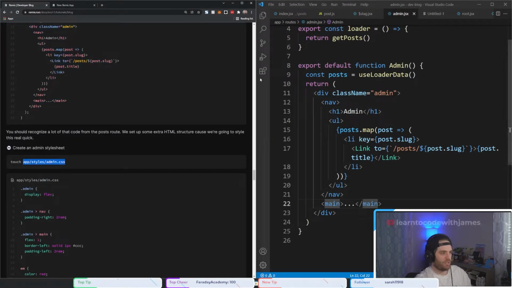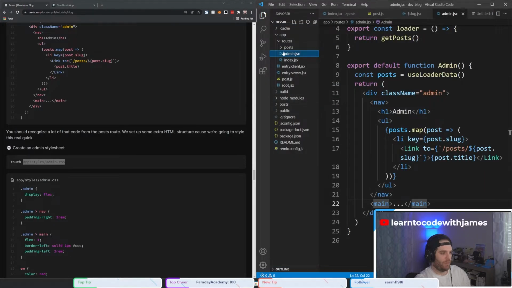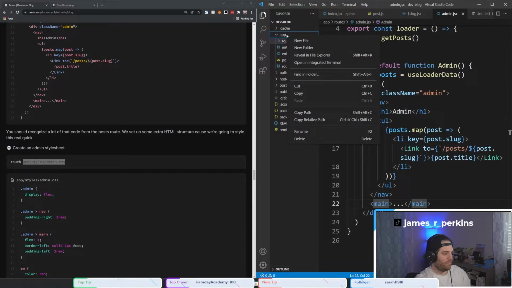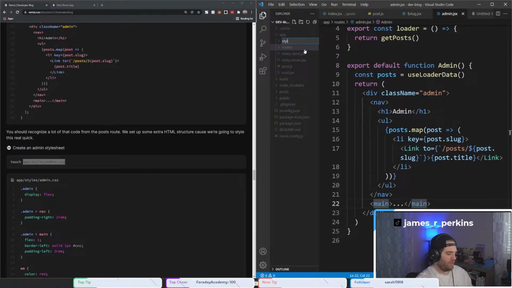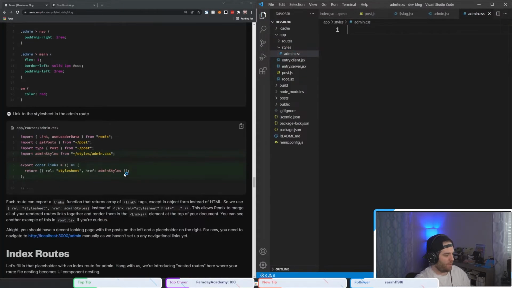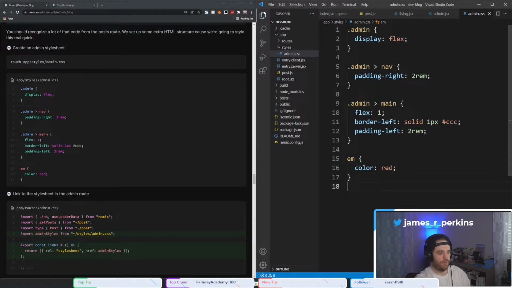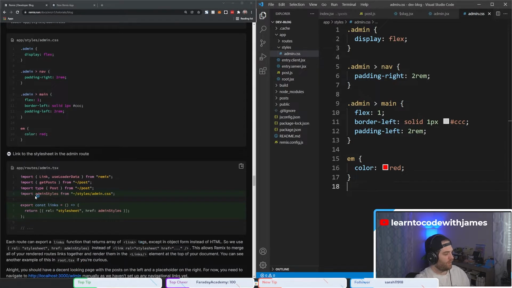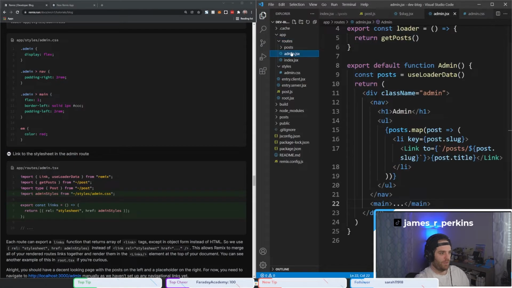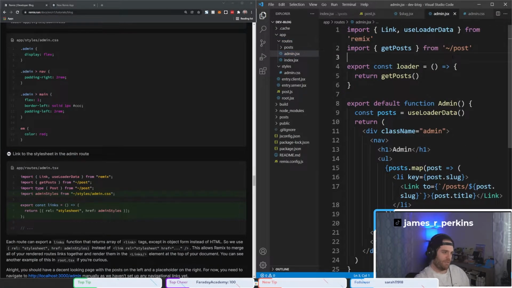And then we're going to add styles here in app styles, app, new folder, styles. And then admin.css, and I am not writing the CSS. If anyone has ever seen any of my work, I can guarantee you will not see me write a line of CSS. I guess that's not technically true, but I'll leave that up to the people